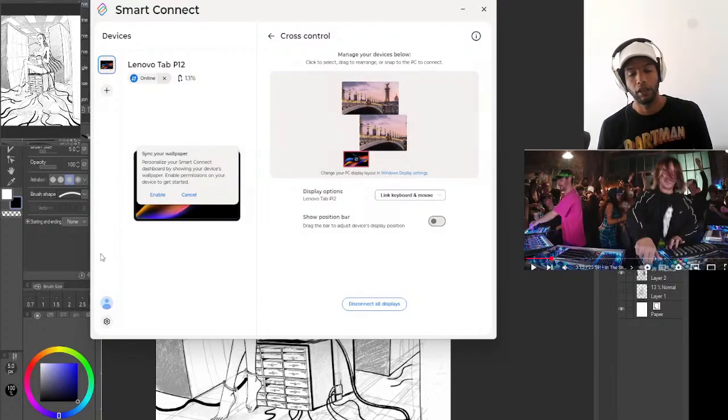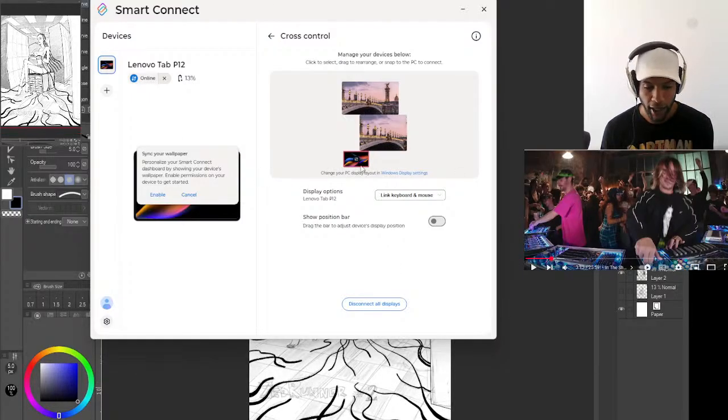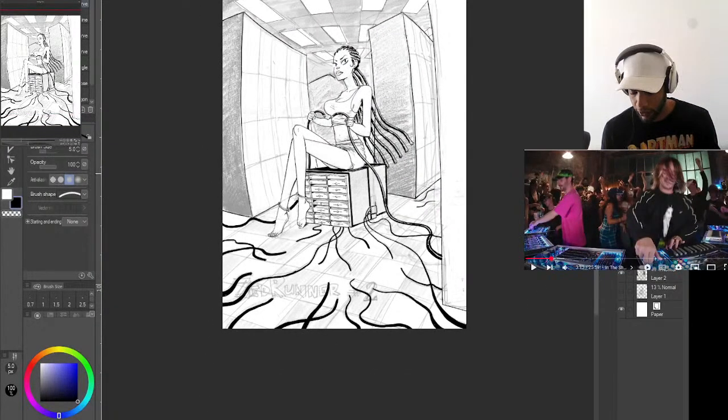Because for me, the keyboard shortcuts and the time saving aspects are the only reason to use digital. And so I like using the iPad, but it doesn't feel optimal because I don't have my keyboard shortcuts and I have to click every time I want to change my tool. I have to move and click, move and click. Every time you move and click on a new tool, that's equivalent to doing a very long line. And the lines are what you get paid for. Clicking on tools doesn't do anything for you. So I like to have my keyboard shortcuts.